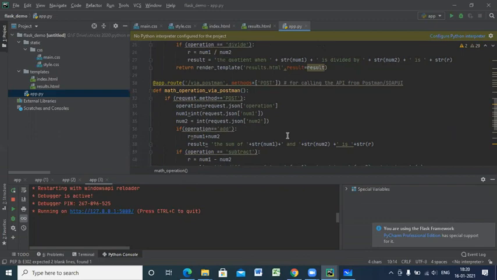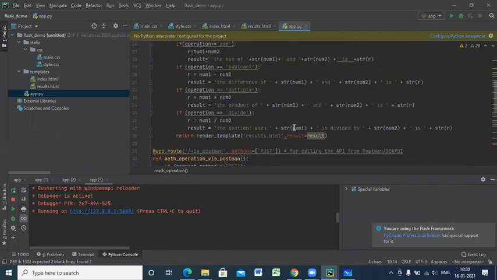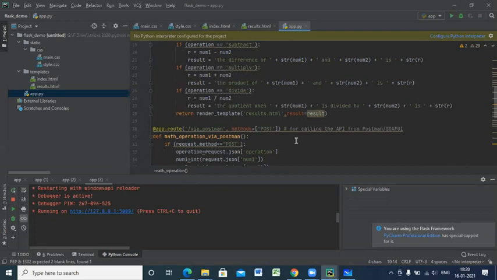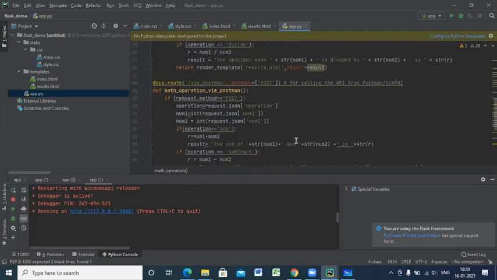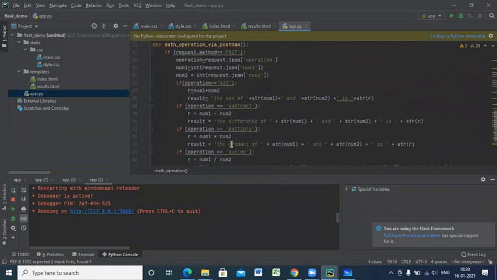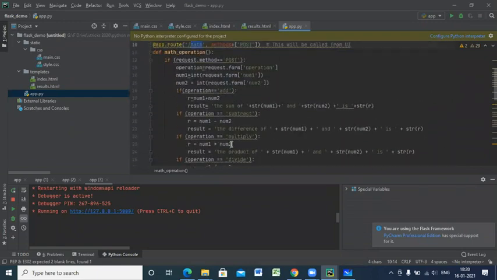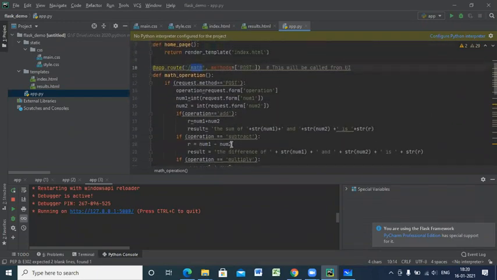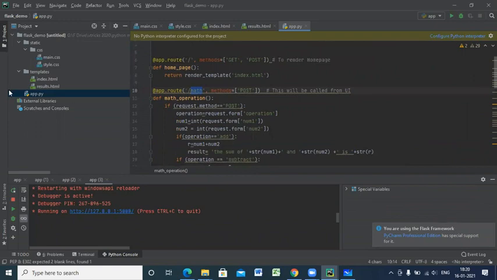This is a simple application, showing how we can run with Flask. There is also something like running via Postman, that is an API. You can use this function as an API also. We'll come to this later. But for a simple Flask application, we can run something like this. As we know, we have 3 layers: one is static, which has the CSS; the templates, which has HTML; and app.py to run the Python files. These are 3 different layers, and this is how we actually run the Flask application.